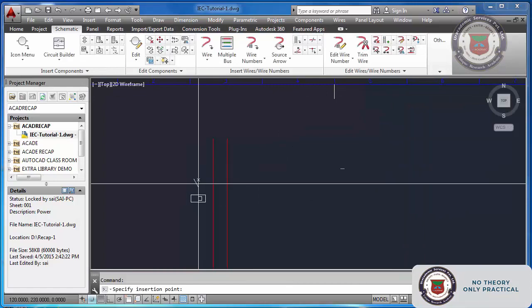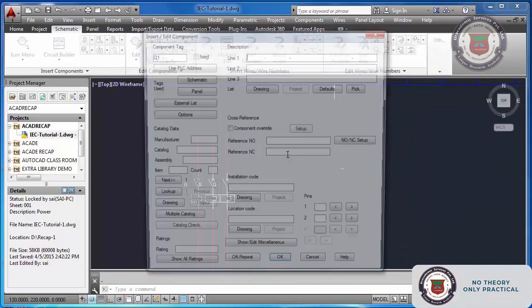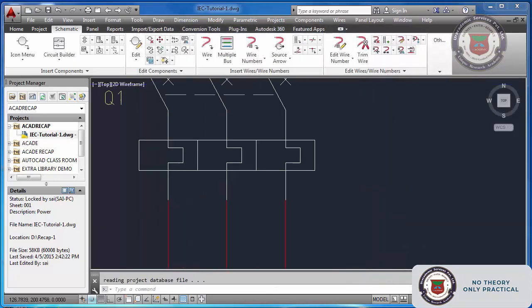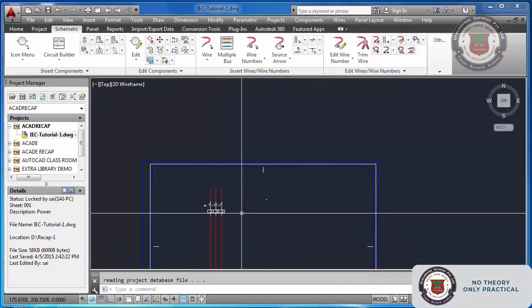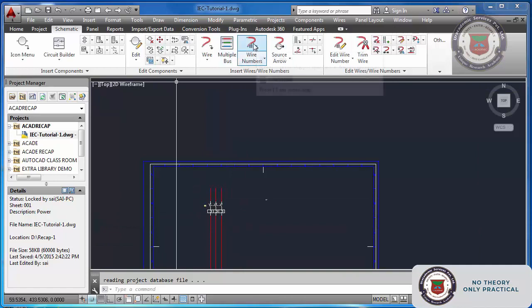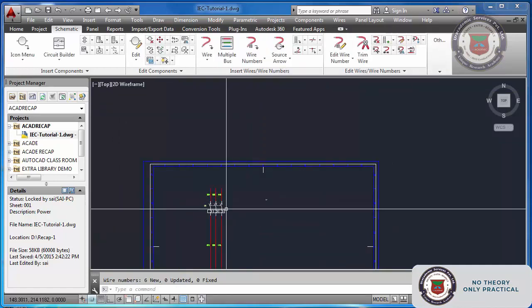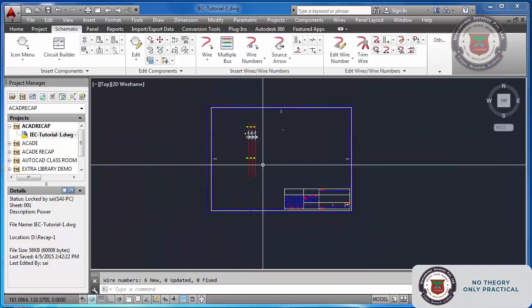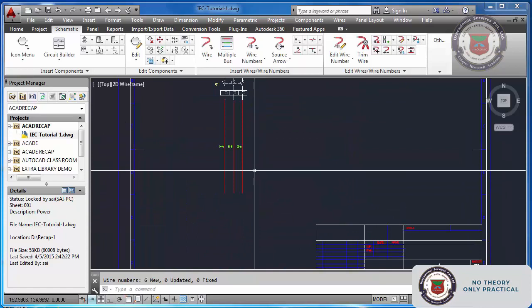I am going to insert a circuit breaker now. Right. See, now it is perfect. And again if I do the wire numbering, perfect. So this is how you can change your settings from one standard to another.